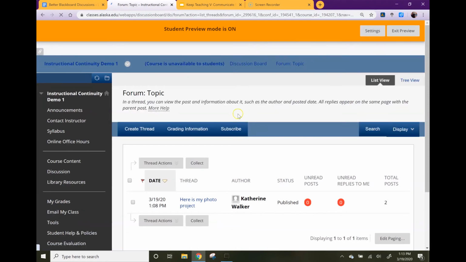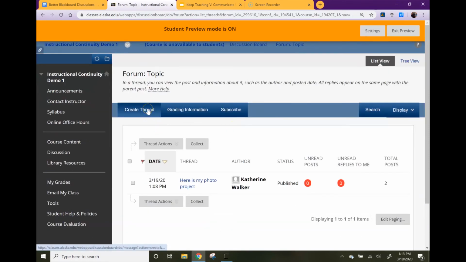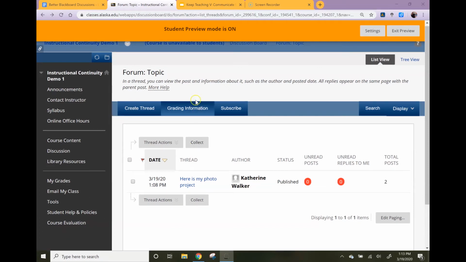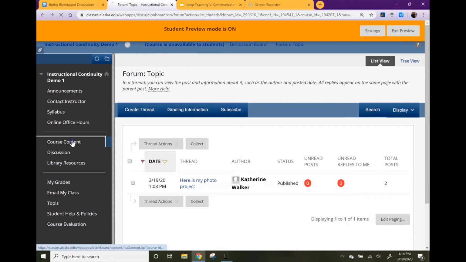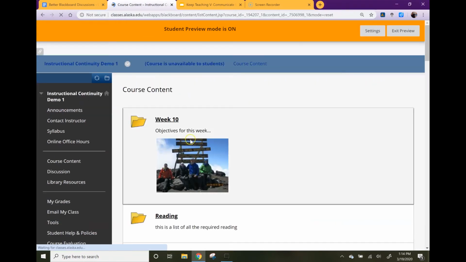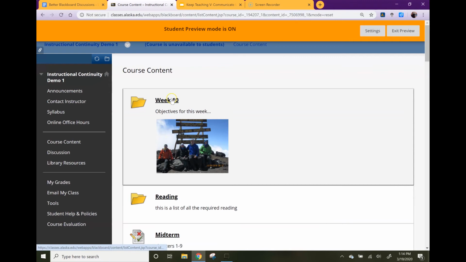And I go back to the main topic. I can add my own thread here. So my reply is why there's 2 here now. I could add my own thread to this forum as well. You can set it so that students can subscribe to a forum and get notifications when people have replied to their posts. I'm going to go back to my course content and demonstrate